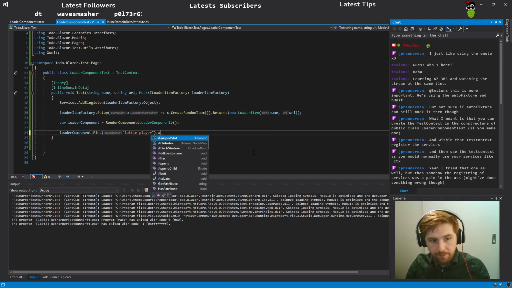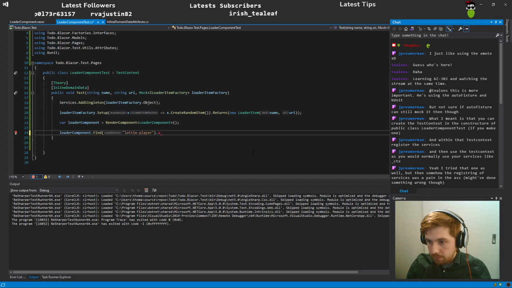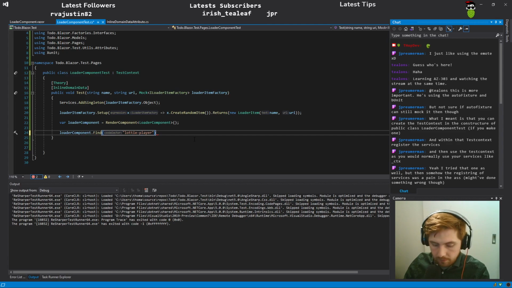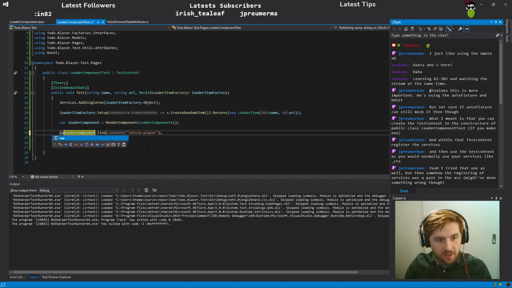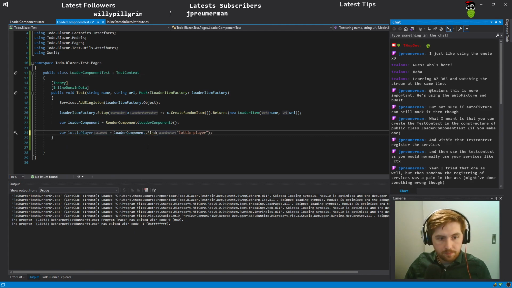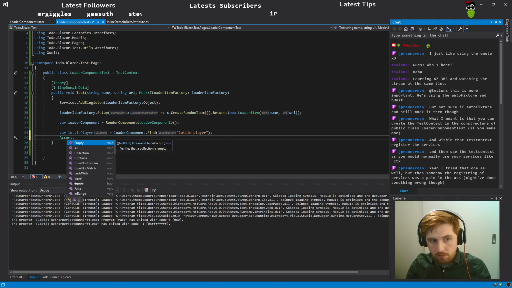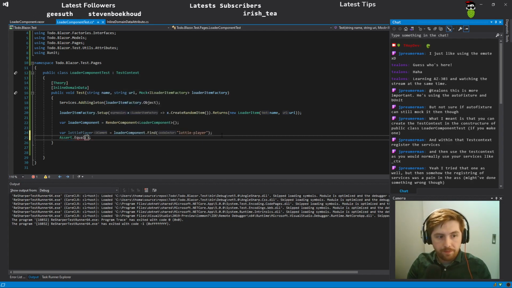And so let's save this. Looty player equals and assert dot equal, and we want it to,